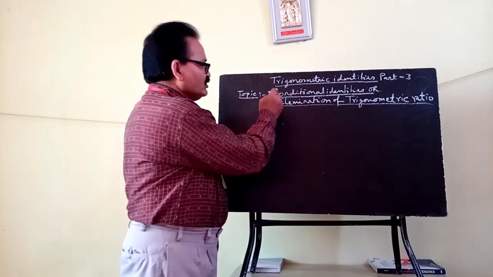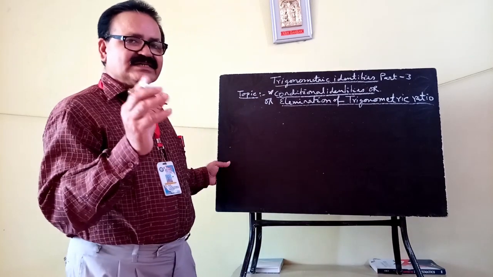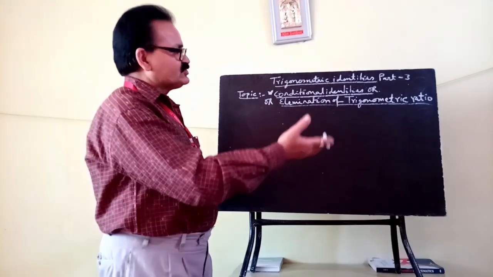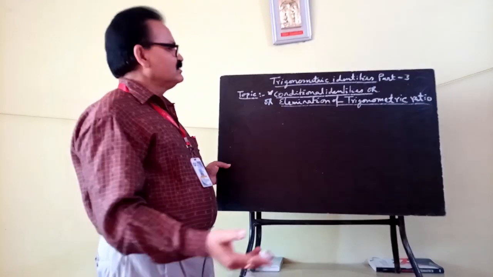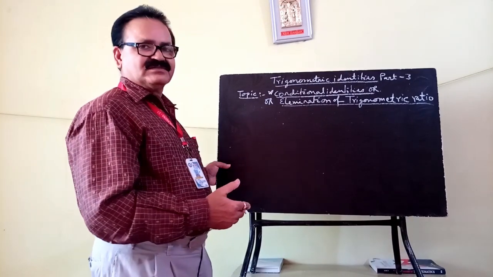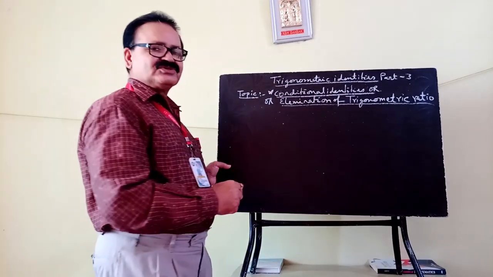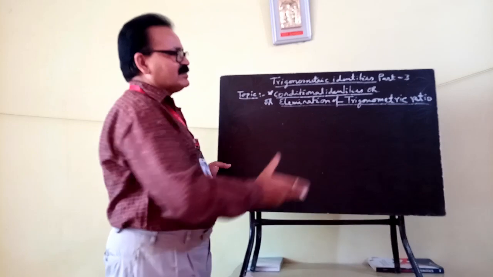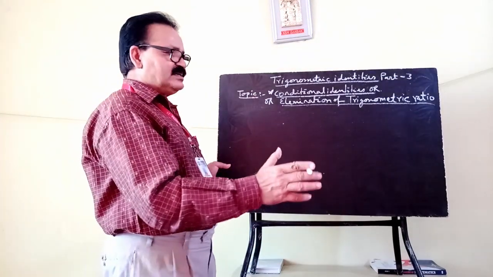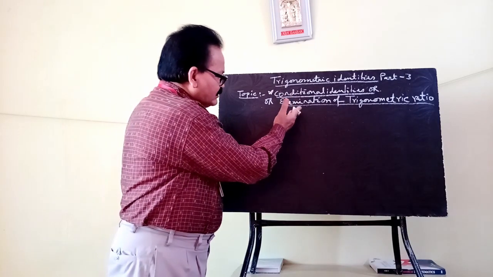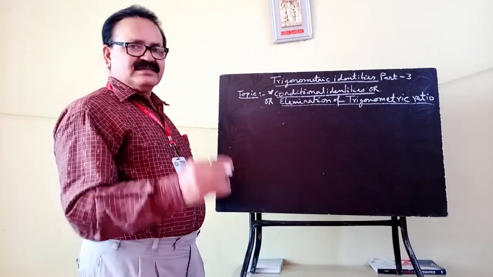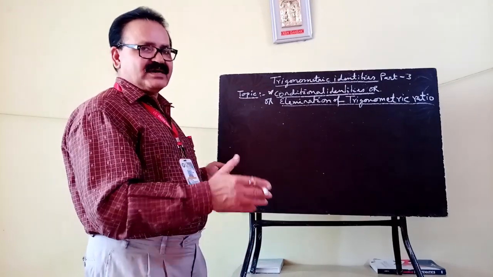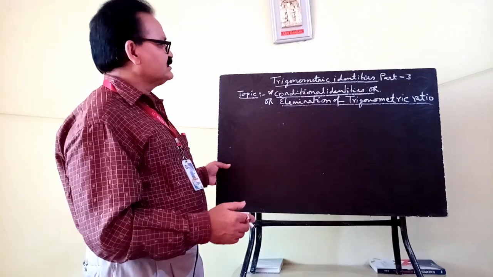Conditional identities means a certain condition is given and you have to use that condition to solve or to prove the required demand of the question. So first, a condition must be provided, or you can say elimination of trigonometric ratio. That means for proving, there might be elimination of the given part from which you can get how to solve the required questions. Okay, so let us see.